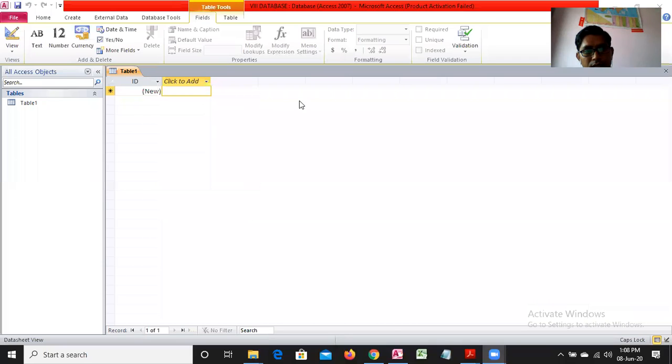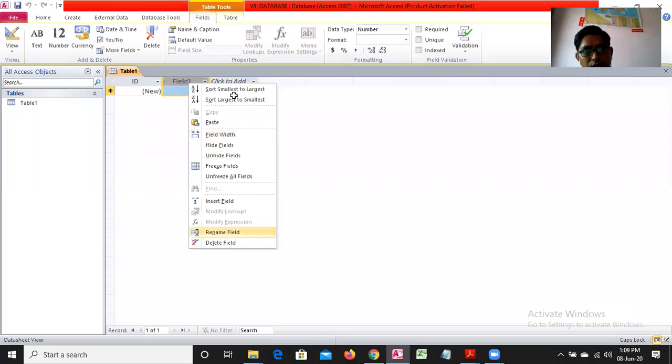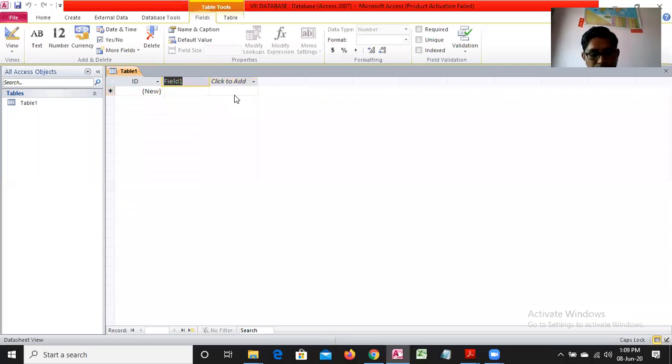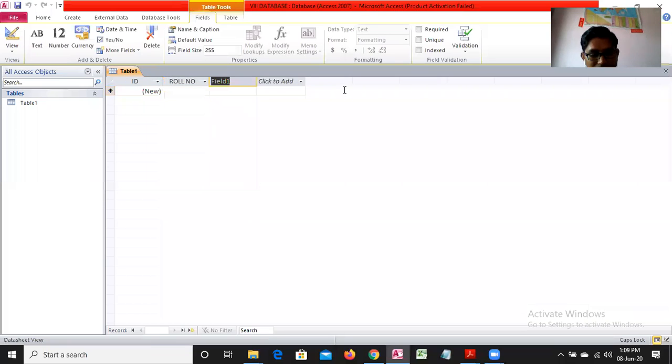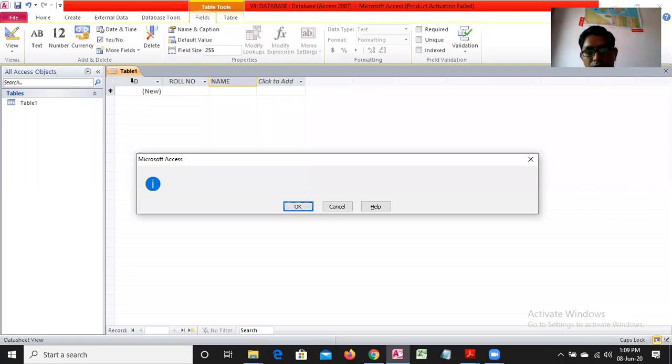Field 1: here you write roll number for the student. Then you use the tab key. Then you add a second field, like name. By using the tab key, you move from one field to another.